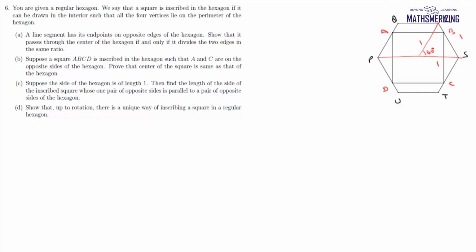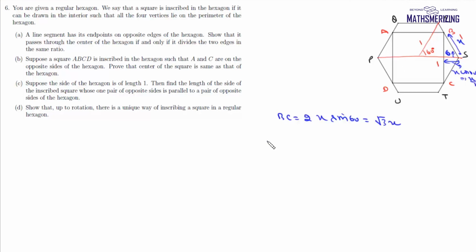Now we need to find the length of the side of this square. So what we'll do is we'll say, suppose this length BS is simply x. Now this angle will be 60 degrees. We can find the length of side BC, and it will be equal to 2 times x sine 60, and sine 60 is root 3 by 2, so it will be simply root 3 x. So the value of BC will be root 3 x. Now if we find this distance, it will be x cos 60, so it will be simply x by 2.